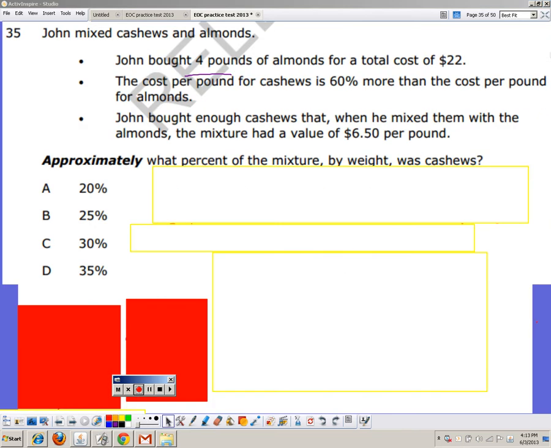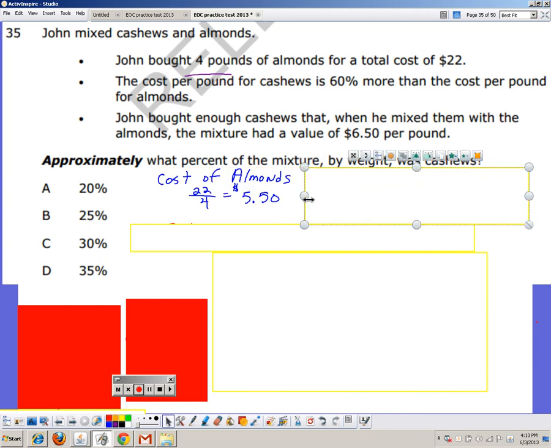Number 35. The only thing they tell you completely is about the almonds. Almonds are 4 pounds and you pay $22. To find the cost per pound, you have to divide. So, cost of almonds is 22 divided by 4, which gives us